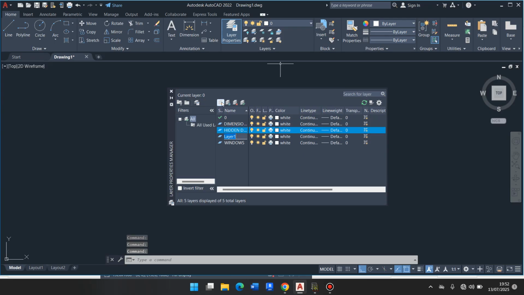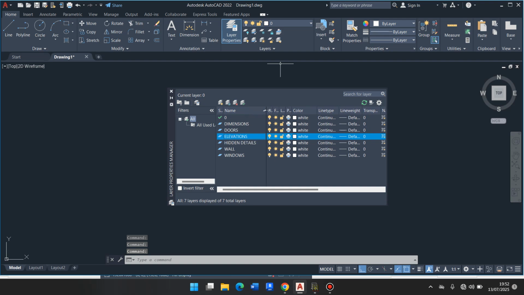Click and another, then say doors. Click and another, then let's say elevations. So let's go with this for now. So we have a series of